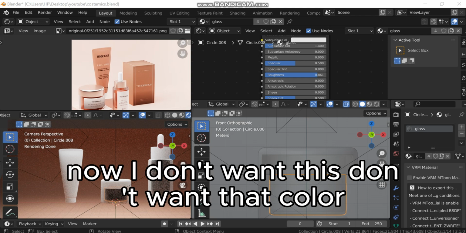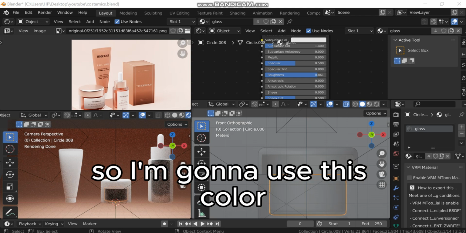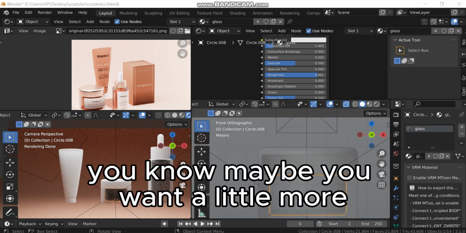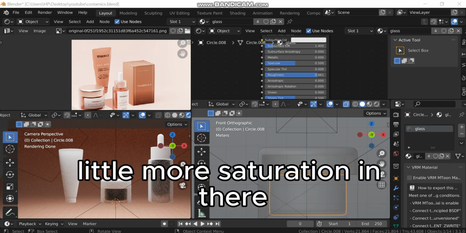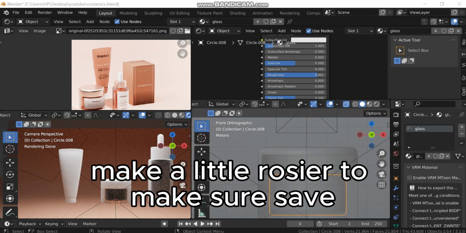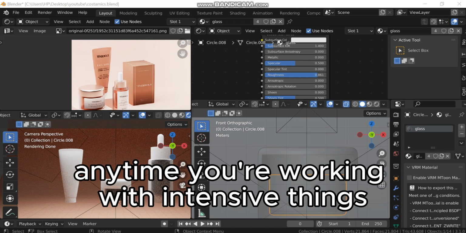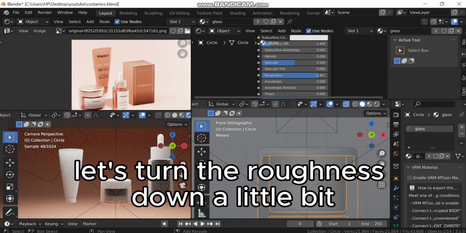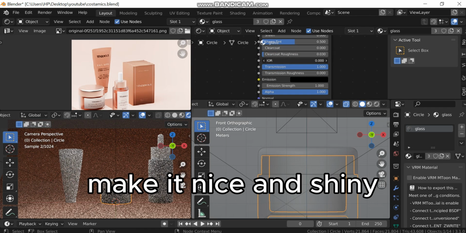So for these caps, let's go ahead and name the material. Which, by the way, I didn't name anything over here. Probably should have, but hey, it's just us working right now. If you're going to send this to someone, you definitely would want to make sure things are named. So that's going to be our metallic cap. We just want to turn the metalness factor all the way up. And then I'm just going to set the viewport display color so that when I apply it here, I can successfully see